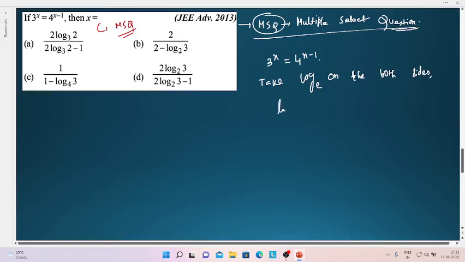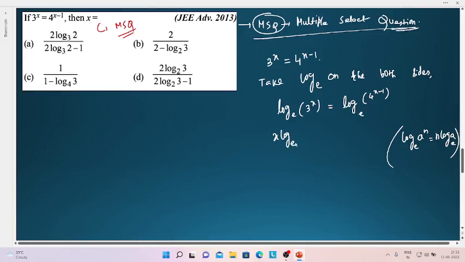So it will be log 3 to the power x base e equals log 4 to the power x minus 1 base e, right? We know the relation that log base e of a to the power n can be written as n log a base e, I mean the power comes on the coefficient of log a base e. So it will be x log 3 base e, which equals x minus 1 times log